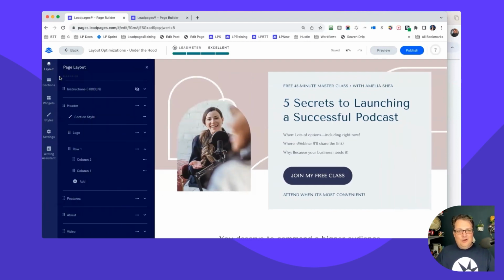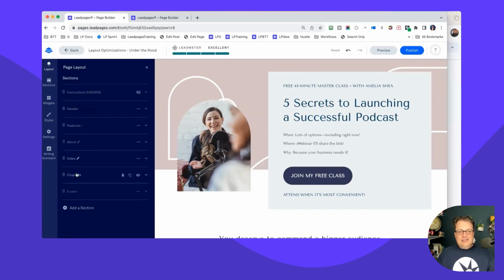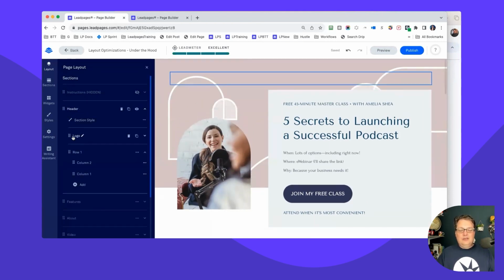I also want you to know that over here on the left side, there is a title for each of these sections, and the template designer will have put in a default text item for describing what that is. You can change that, and I would encourage you to do so, especially with these lower sections. And you can do so not just with the section title, but you can also do it within the rows